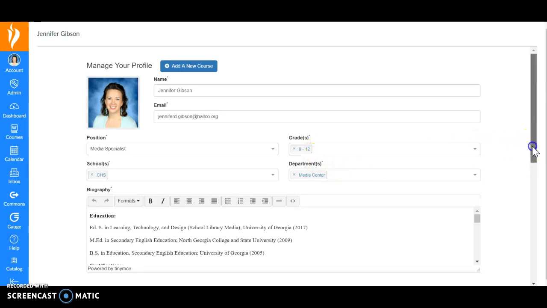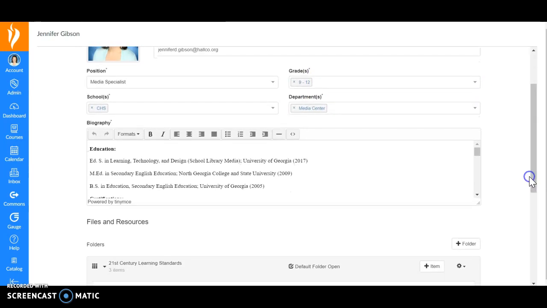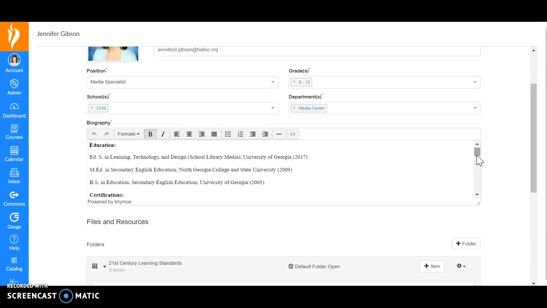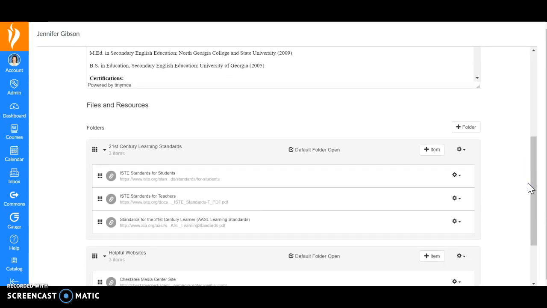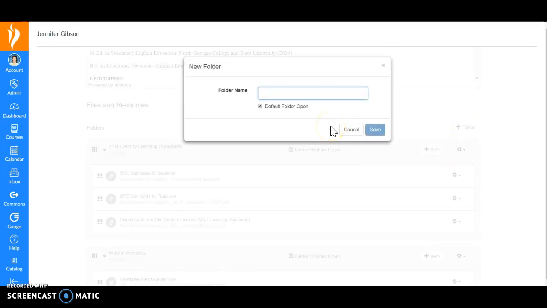The biography section is where we ask you to include just a general rundown of your education and any kind of club sponsors that you have and anything really that you would want to add here. Down here at the bottom, you have the files and resources. For each class that you teach, you will need to add a folder and you will name that by that particular class. So if I put American Literature,